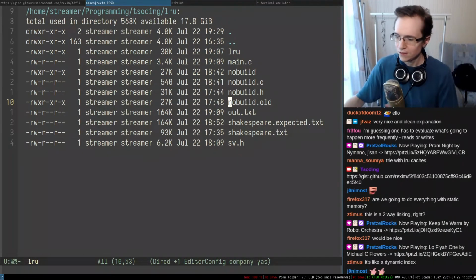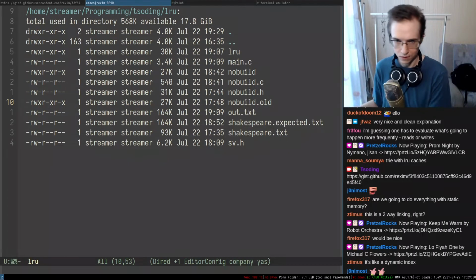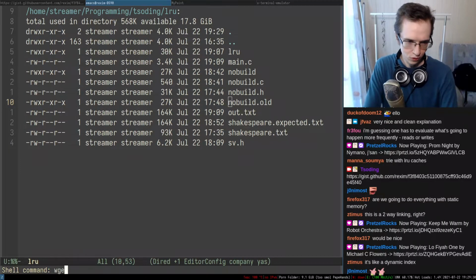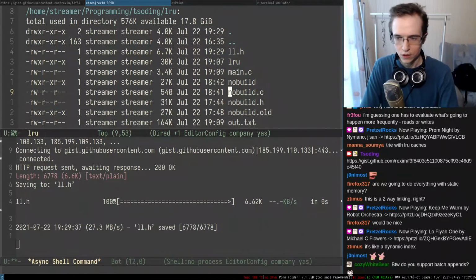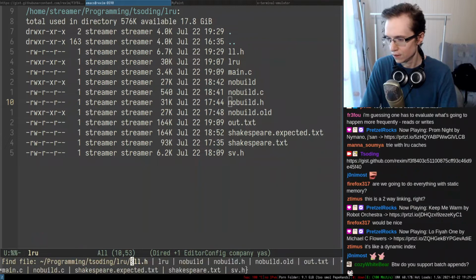It's like a dynamic index. Well, sort of, yeah. All right, so, and it works in PRC, by the way. It works in PRC. So here's the linked list, and